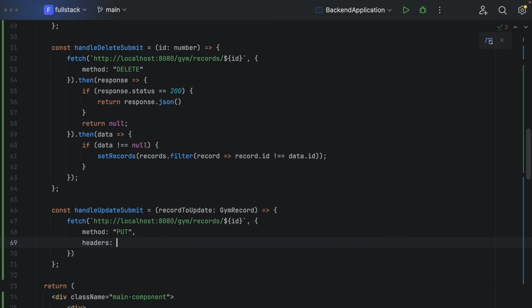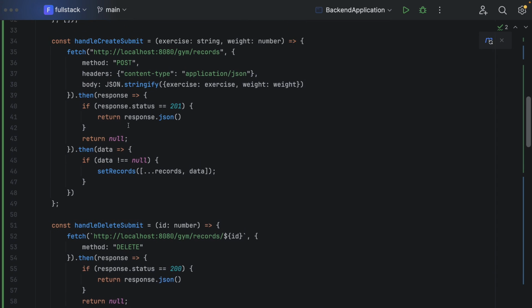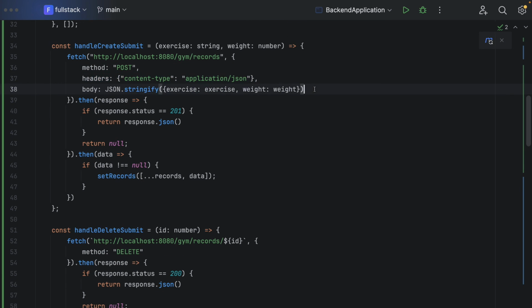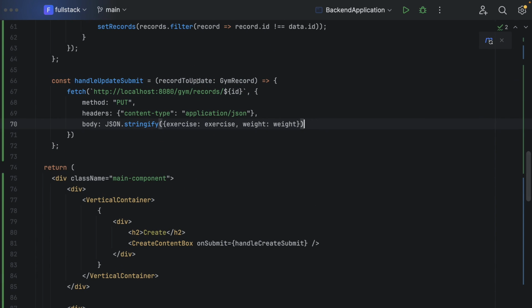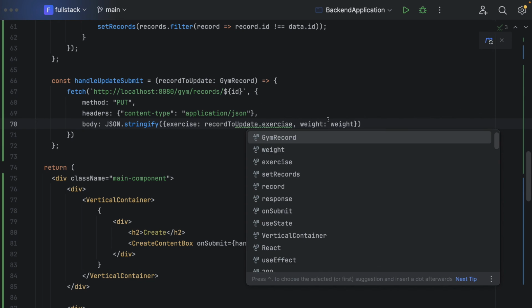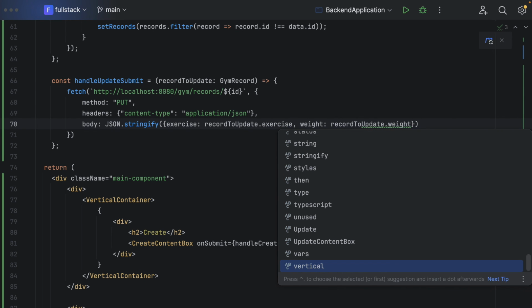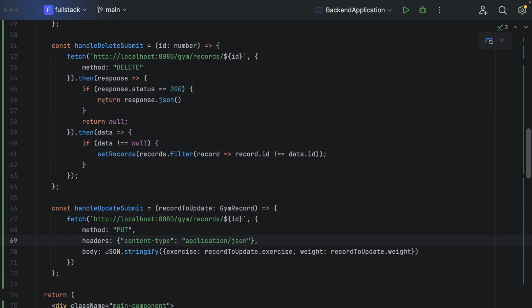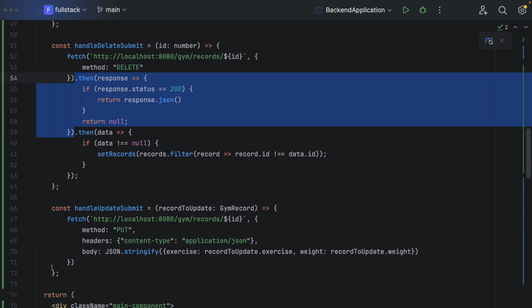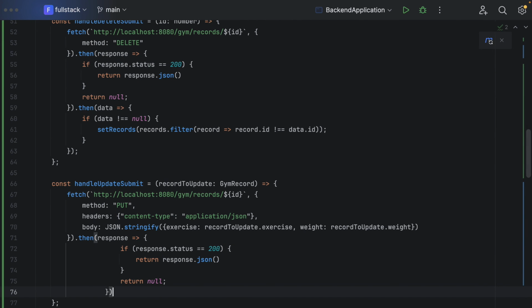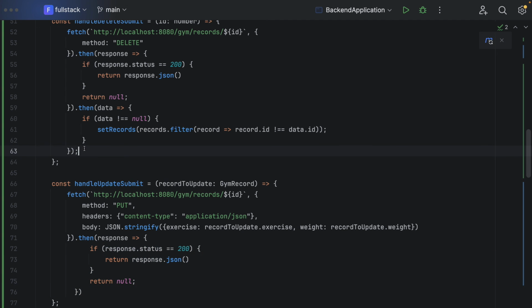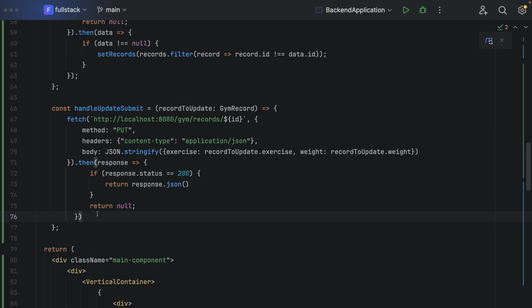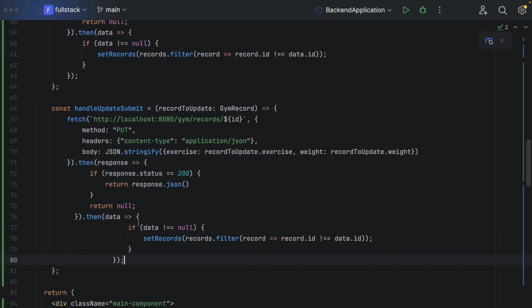I need the headers. I can pick them from the create method. I can also pick the body. As always, once I get the response from the backend, I check 200 code. And once I parse the response into JSON body,